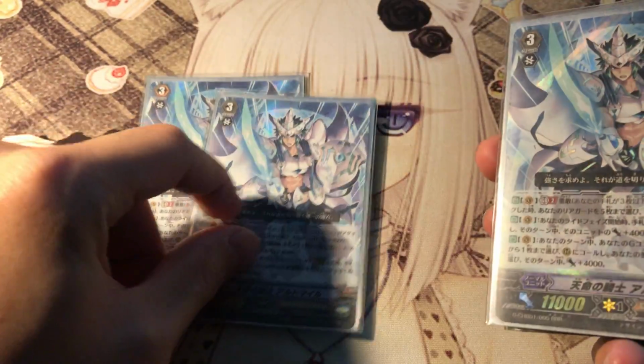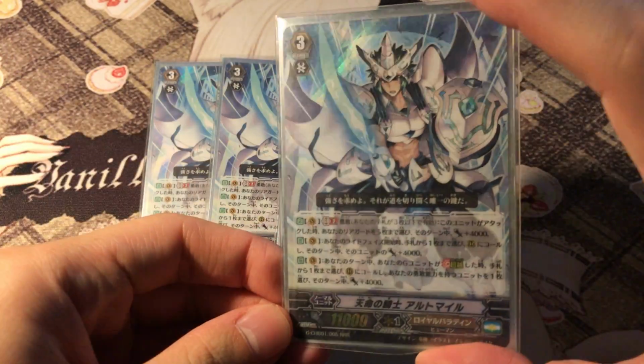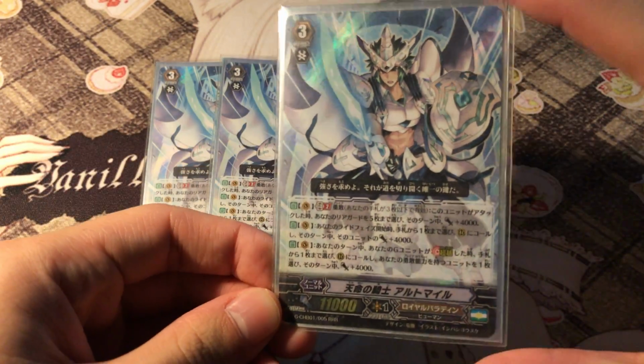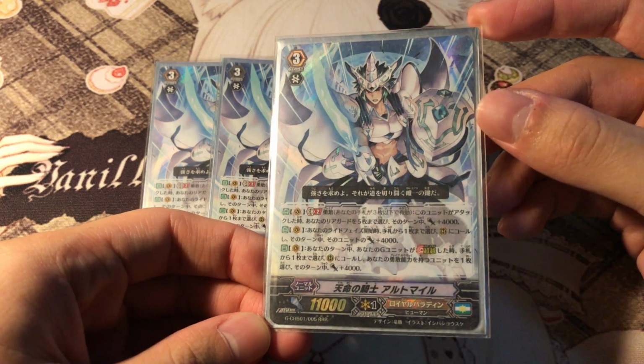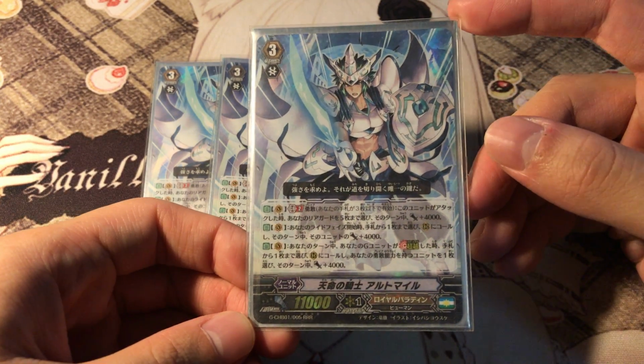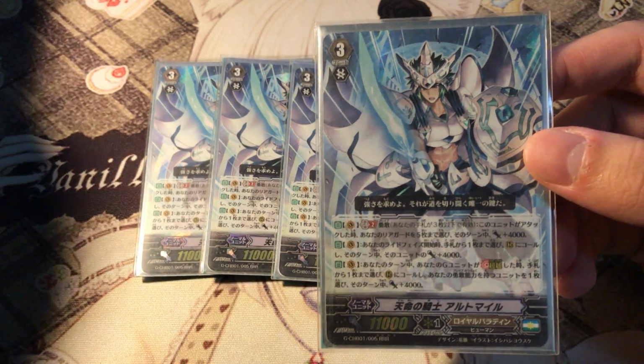So first up, the grade 3s to play are 4 copies of the brand new Altmile, Royal Decree Altmile. His skill is, when this is Brave, GB2: Brave, choose and select 5 rear guards and it gives us 4k power. So if you're not striding, you can always use your skill. It still gives your whole field a very nice plus 4k. So you're still getting a huge amount of power. Definitely